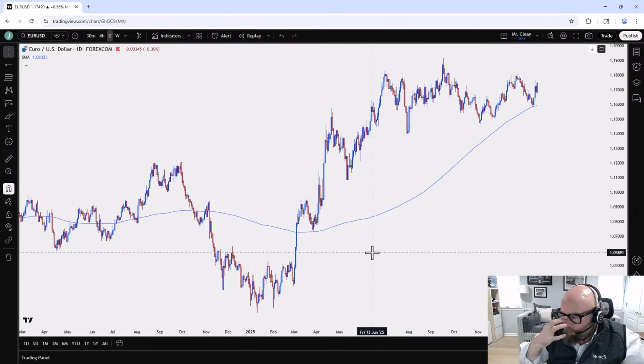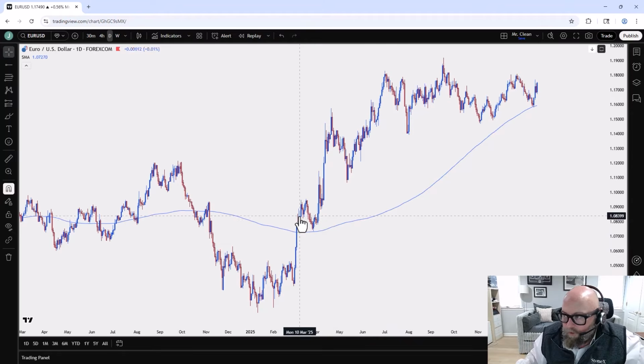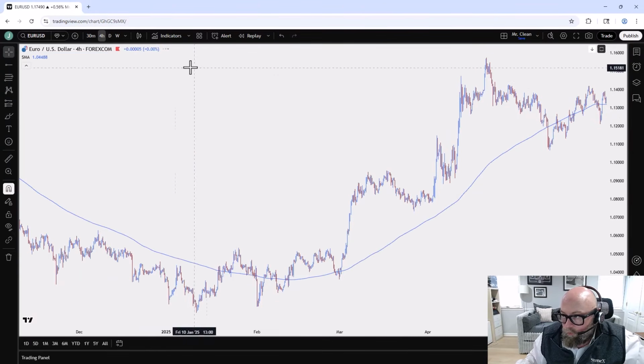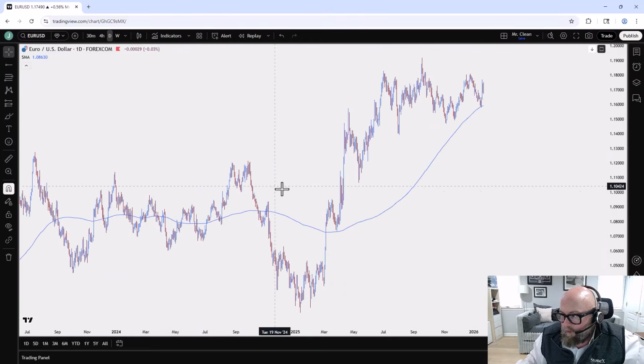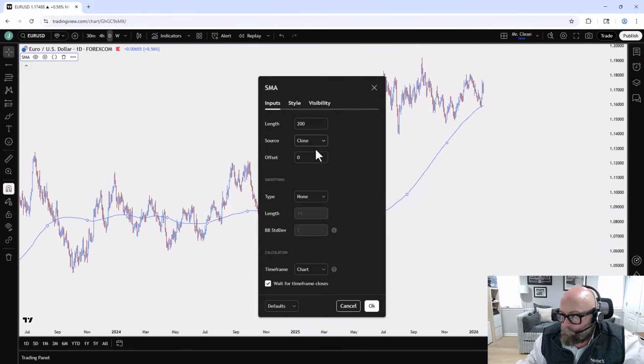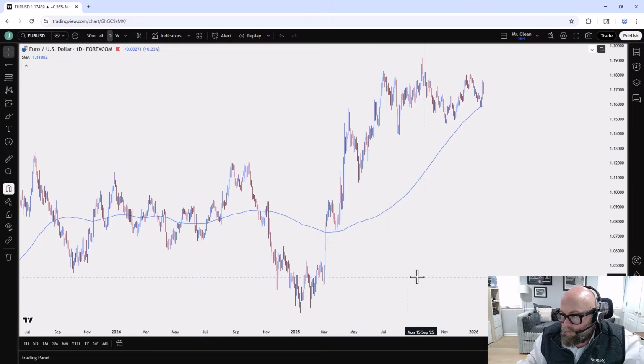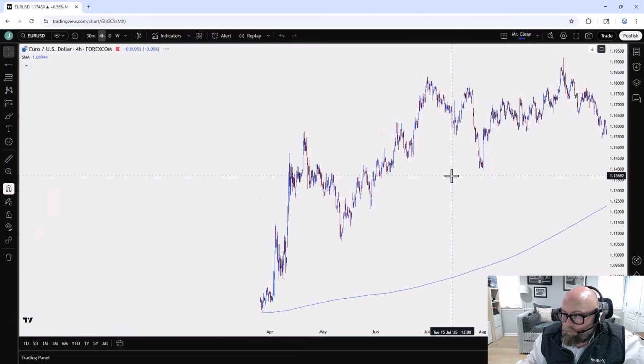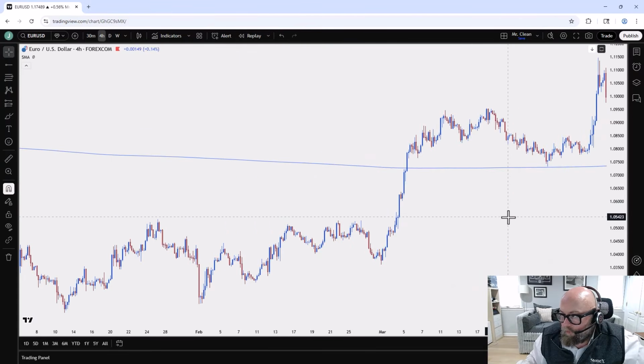But when we get something like this, when we get a 200 DMA break and the trend is now biased to the upside, we can look for other ways to try to get long. So let's go back to that instance. As a matter of fact, I'm going to fix this just to the daily chart, so that way, when we go down to a 4-hour, it's still going to show the daily reading. But what we're looking for is that crossover that happened last March. And then we could look for ways to get long, because at that point, the bias is long.